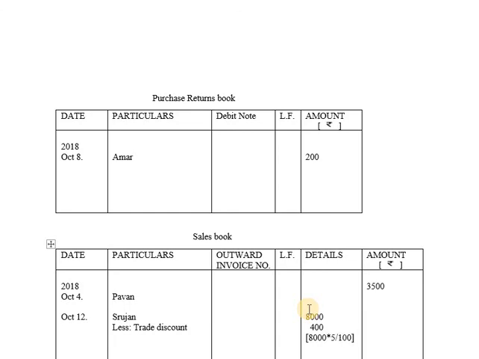0 0 0 0 gets cancelled. 80 into 5, 5 8s are 40, and adding 1 0, so the amount will be 400 rupees. Otherwise, if you go with the technique, if you deduct 1 0 from 8000, it becomes the value of 10%. So the value of 10% is 800, and 5% will be the half of 10%. So its half value 400 will be the value for 5%. So subtracting 400 from 8000, here the value will be 7600.